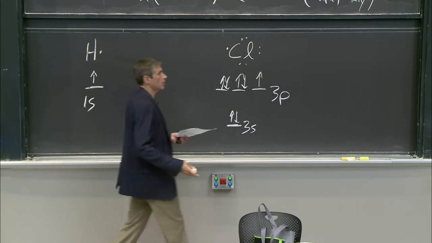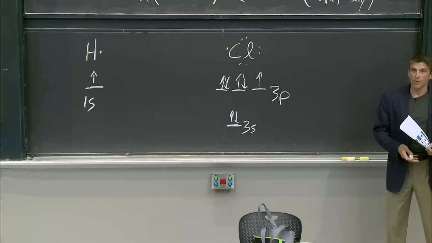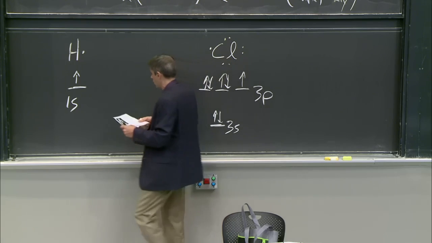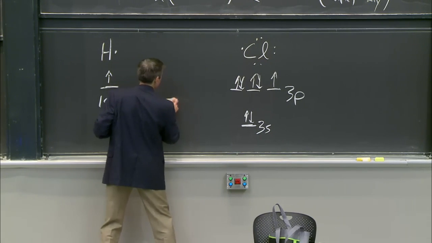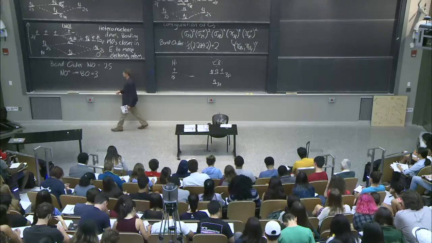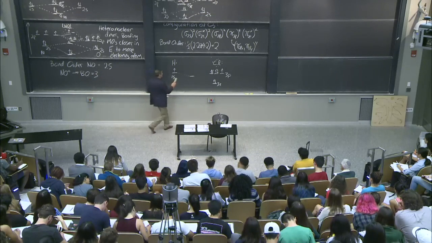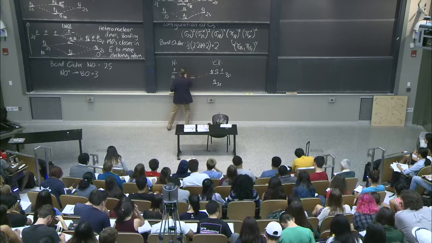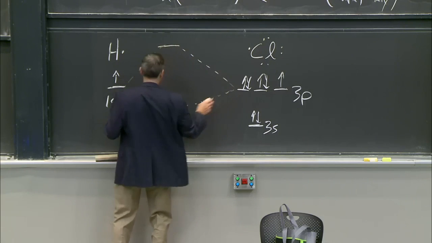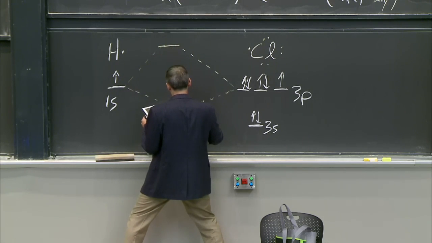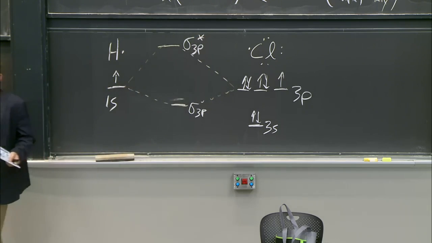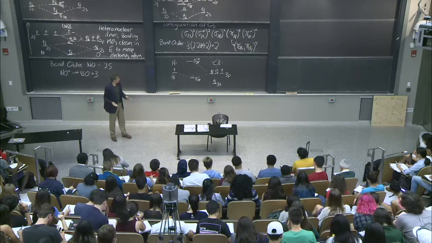Do they all come together and form MOs? No, they can't, because there's only 1 on this side, right? So this 1 orbital will form, let me make myself enough space, so I'm going to exaggerate this a little bit, a sigma bond, sigma 3p bond. This would be a sigma 3p star. Now that's exactly what we've already done, right? The sigma, but,